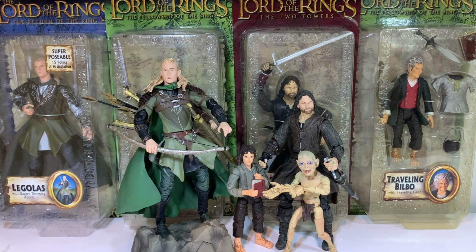I plan on seeking out more of these throughout the year if the prices and items seem worthwhile, but otherwise,